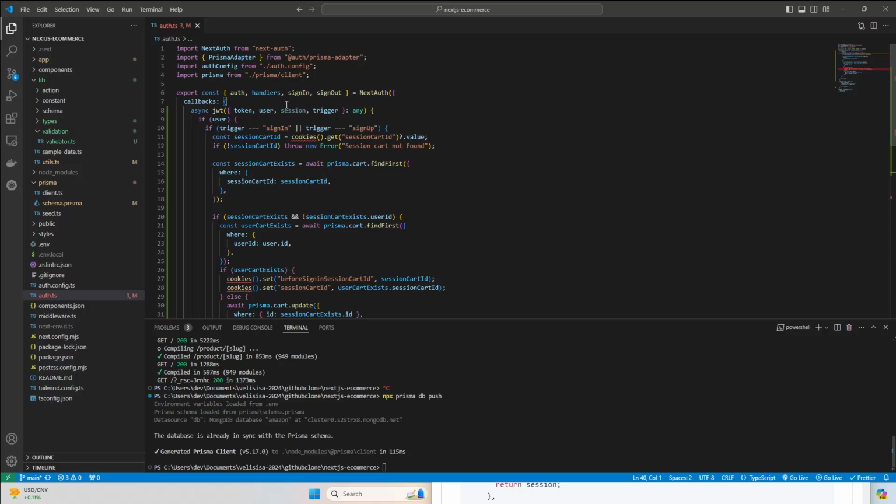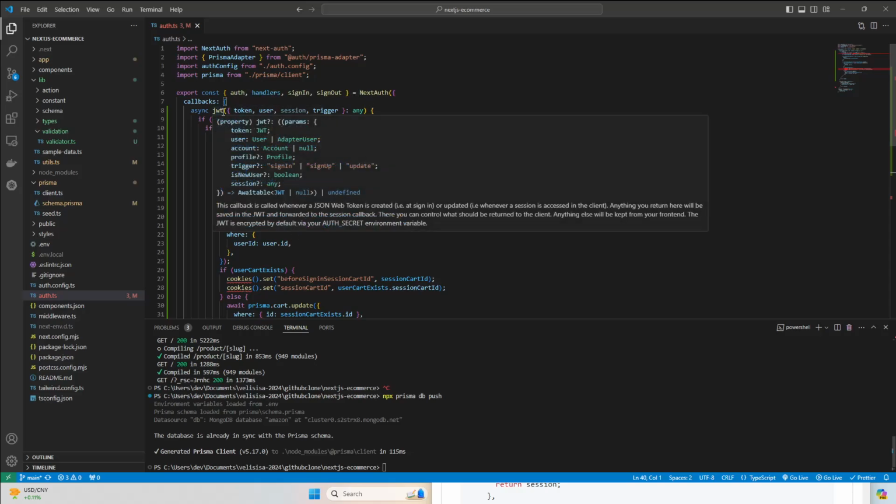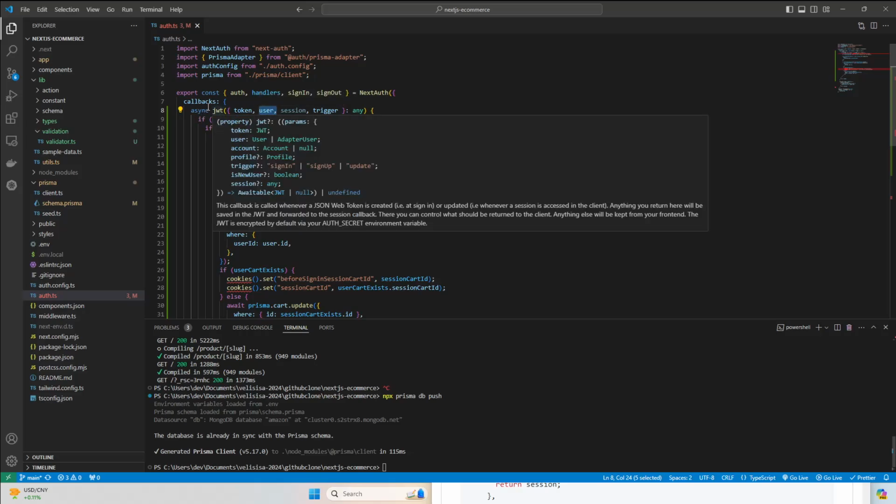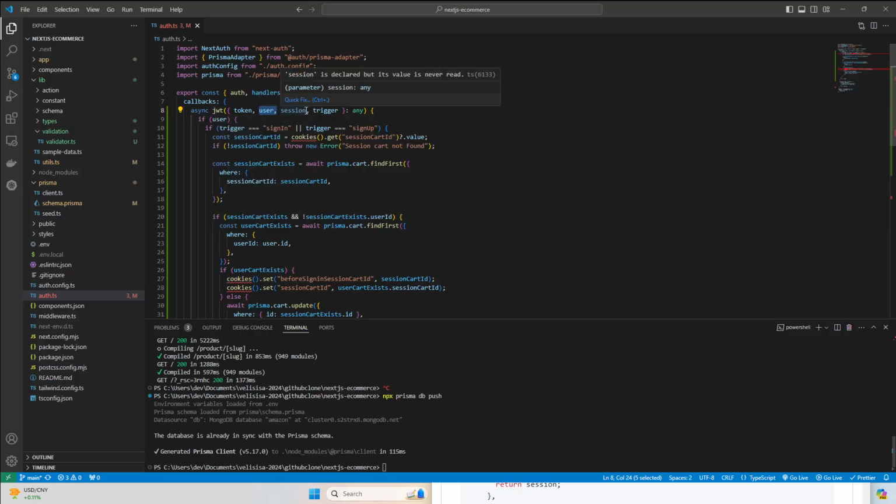But first, just understand the JSON web token has access to the user information. The token has something inside, like the user, right? If somebody logged in, there will be user information in the JSON web token. So that is the user information it has access to. And the session also, and the trigger also. So we will check all that, but for now,